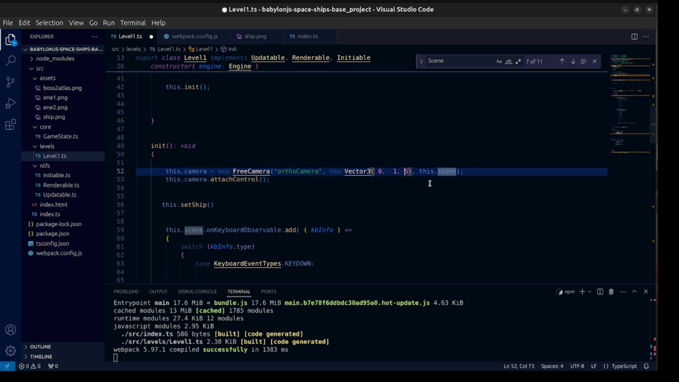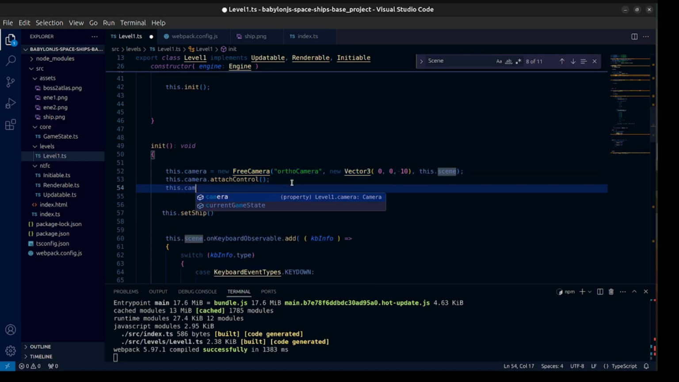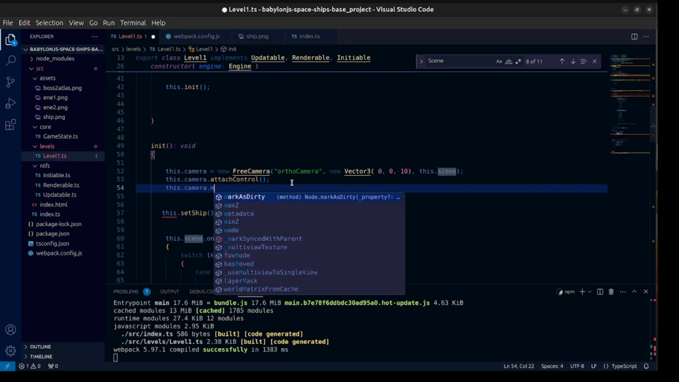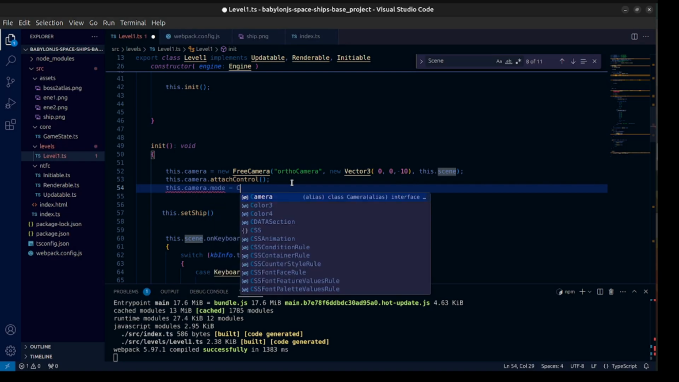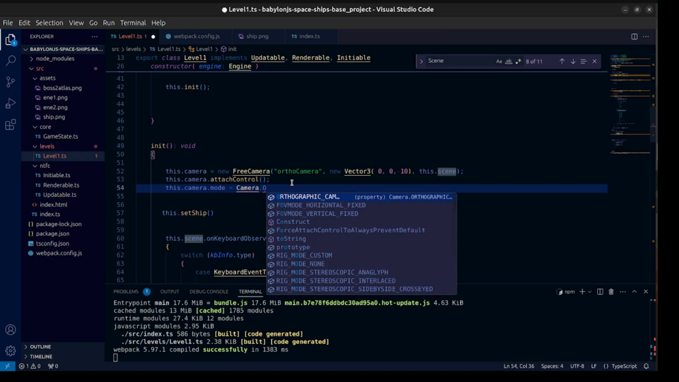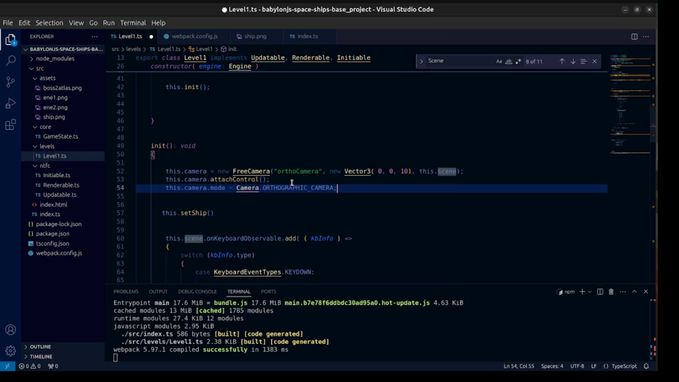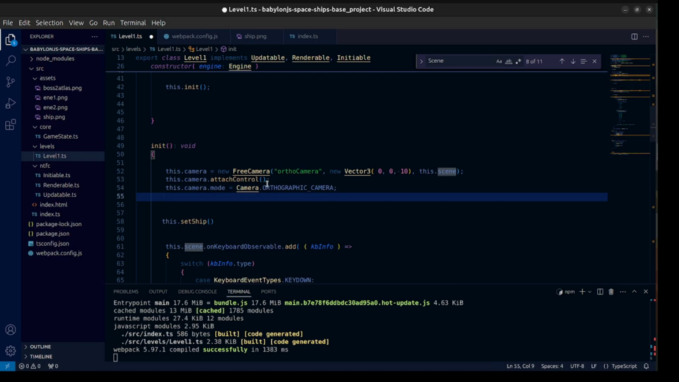I'm going to be far from the center like 10 units and 9 units here. So the orthographic camera is the 2D camera we can see on all the classic 2D games. So for this camera I just need to change the mode also, and it will be camera orthographic camera. Okay, with this we're going to specify to Babylon to use an orthographic camera configuration for our instance,